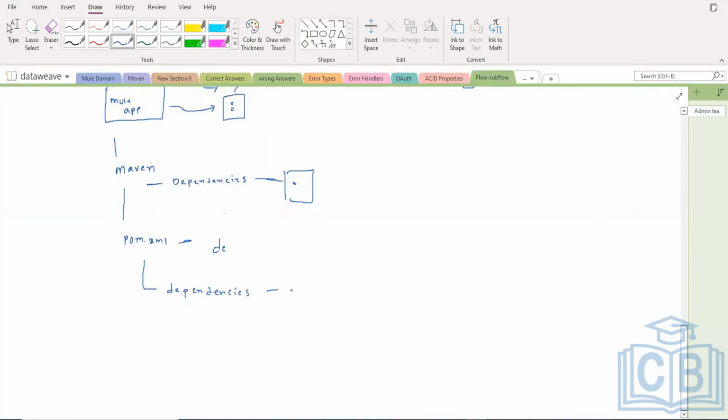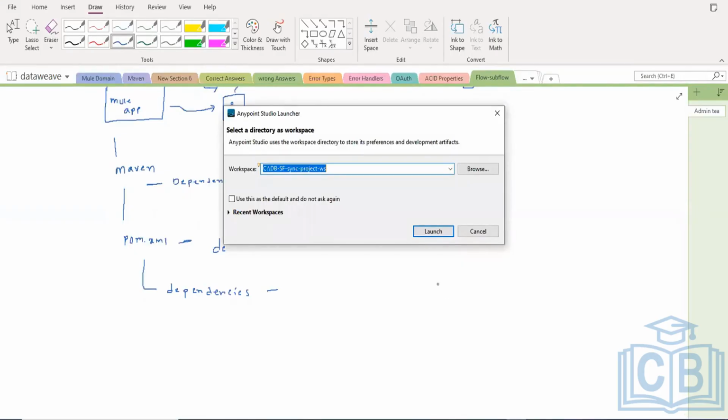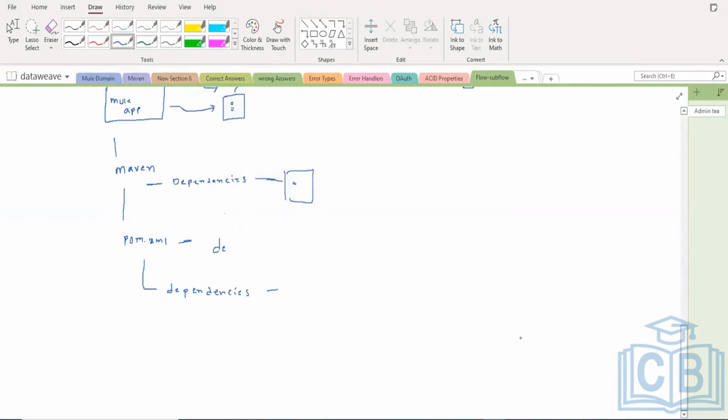In the dependency information you can see 3 fields: artifact ID, group ID and version. Artifact ID, group ID and version. Group ID is like